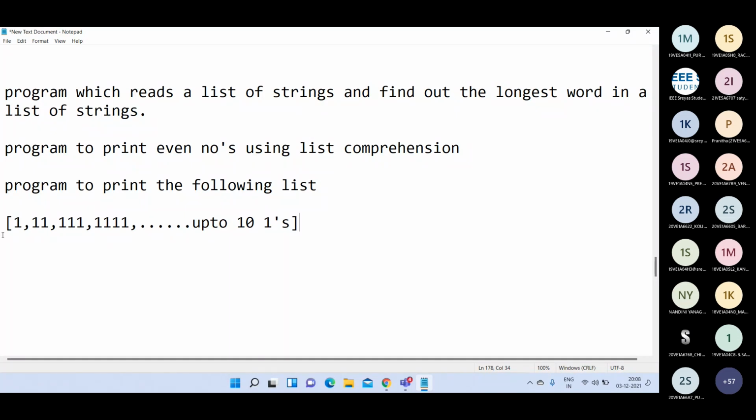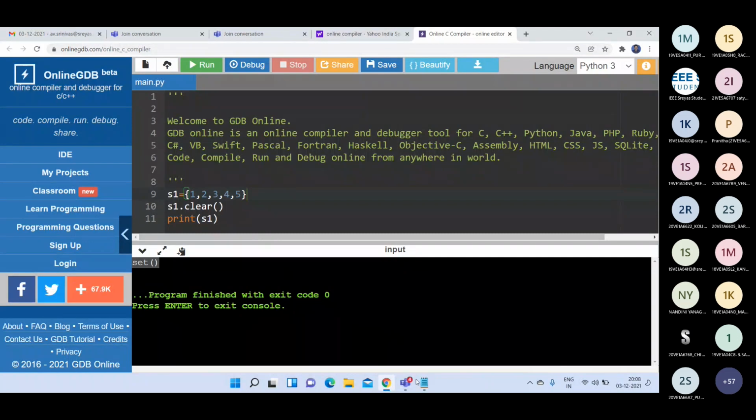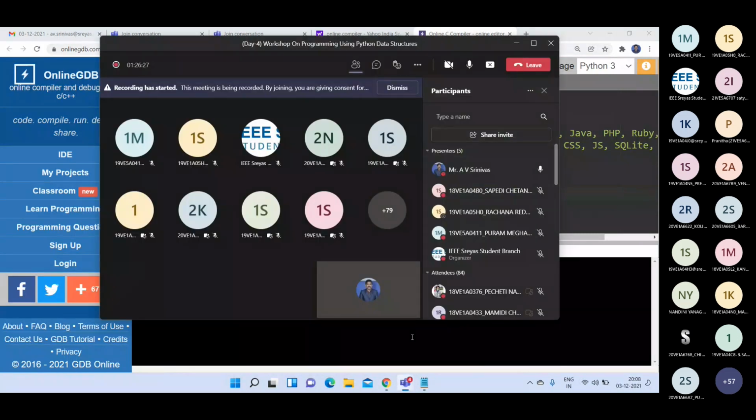By doing some operation, you can get the output like that. Don't directly print it. Don't directly write a print statement; if you write print 1 it will come out, but that is not what I want. You can take one list and perform some operation on it, and you have to get the output like that.